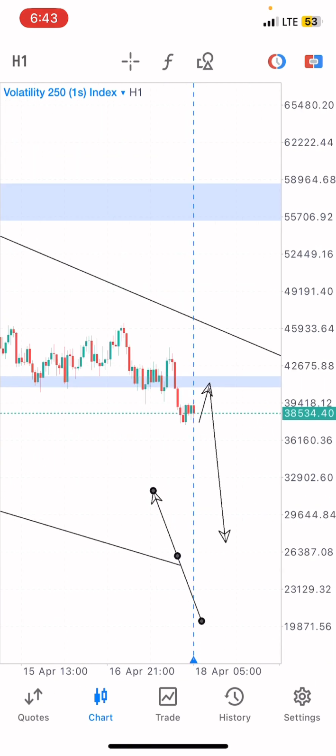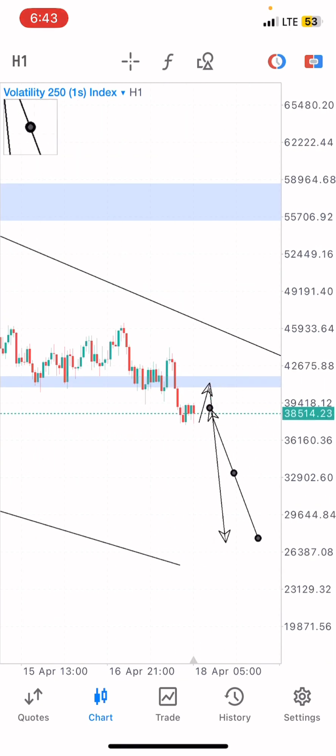If the market can give us a nice retest to this zone from this particular point, remember we will not be buying this index from here, because we expect the market to give us a retest to this point. No, that's not our point of interest. Our point of interest is shorting this index whenever it gets to this particular level, because this is a very, very important level in the market. So we're waiting for the index to give us a push back to this point. Then we'll be shorting this index, maybe our stop loss